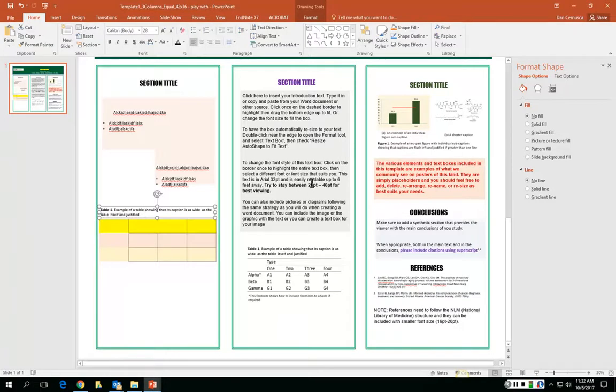Each of the boxes also has some tips. It's including some tips about the size, the font size, the color, the box, how you use it. We created two sections that are defined, conclusions and references, so that you will make sure that you don't forget these two, as they are important. And also the references, you'll use